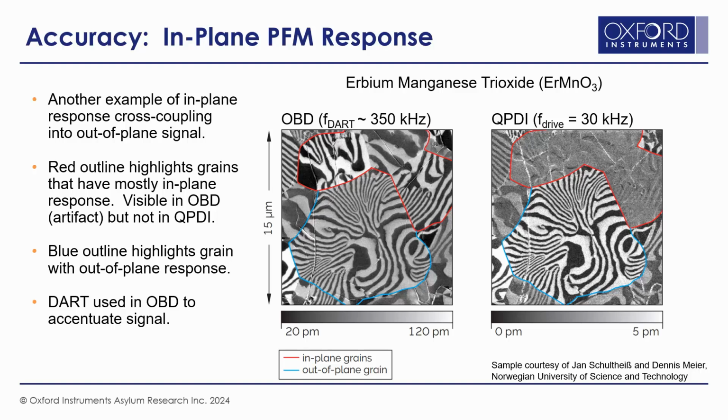As a side note, this OBD image was taken with this technique called DART, which stands for dual AC resonance tracking. So the resonance tracking is the important part there, which means that it's not a fixed frequency that we're using, but we're actually always varying that frequency to stay on the resonance of that response. Mostly the reason for that is to accentuate the signal, to amplify the signal, and that becomes necessary. It's one of the strategies